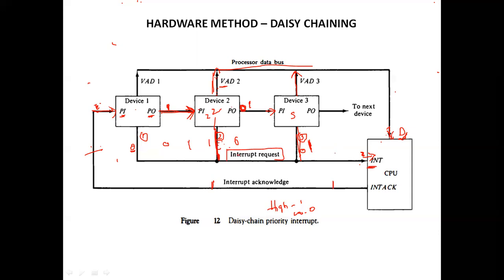So, interrupt driven IO. In the software method we have a polling method. A polling method is very slow. Why? Because the CPU has to check each and every device which has polled the interrupt. But when it comes to the hardware method, we call it the daisy chaining method. As the name itself indicates, it is in a chain-like format, so the device which has pulled the interrupt is going to make the line high and the CPU will take care of that. So this is how the interrupt driven IO is going to be done.